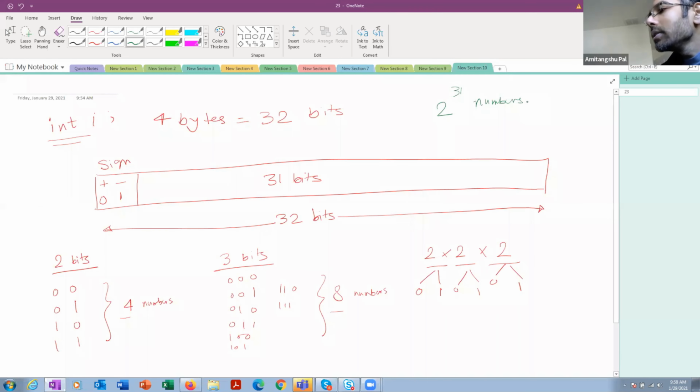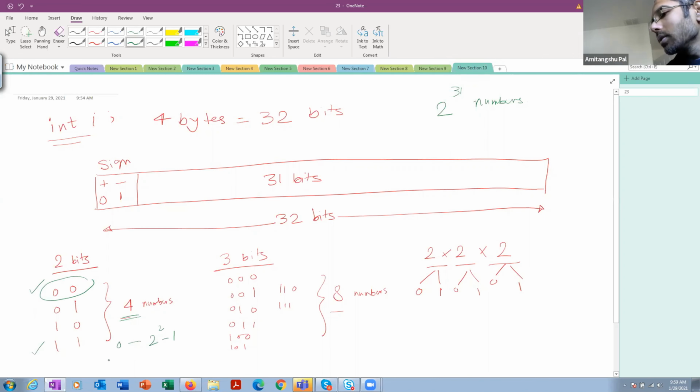What is the range? Using 2 bits, you can represent numbers from 0 to 3. That means 0 to 2 square minus 1, because to represent 0 you need to use one bit pattern. So you get 0 to 2 to the power 2 minus 1.